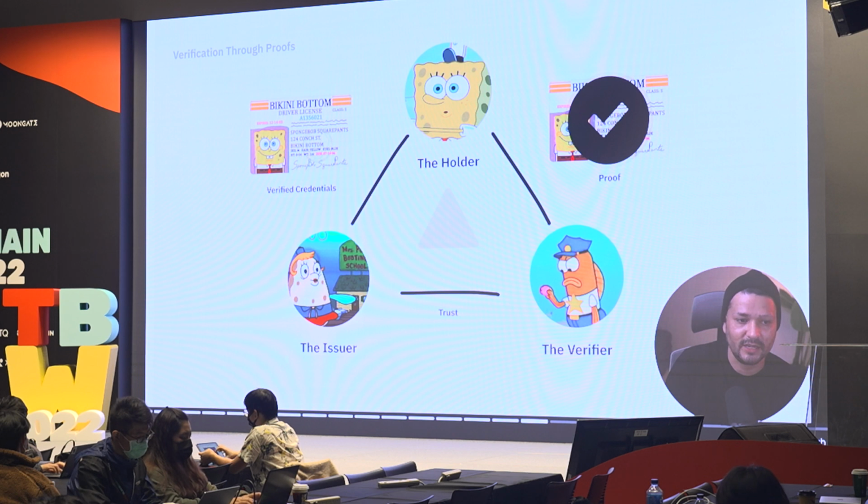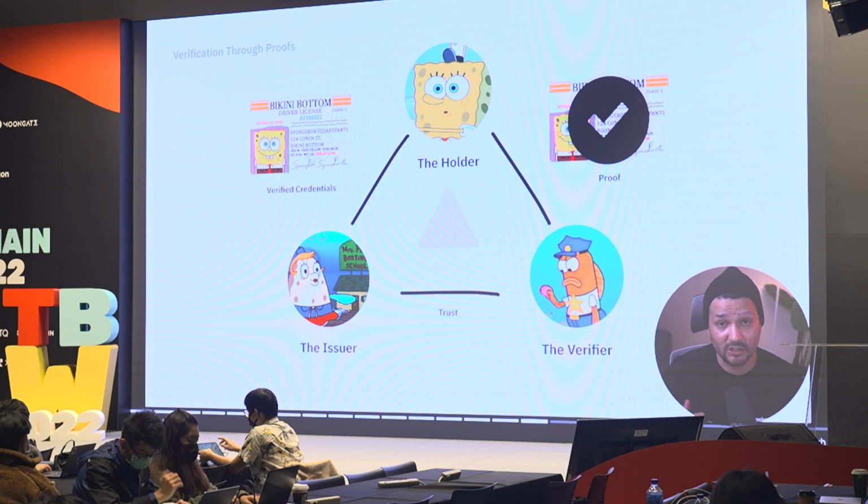Potts, who is like a boating school. So it's a reputable institution that is like an issuer, in this case, that issues out a verified credential, in this case, a driver's license. From there, it's presented to the holder. The holder holds that for